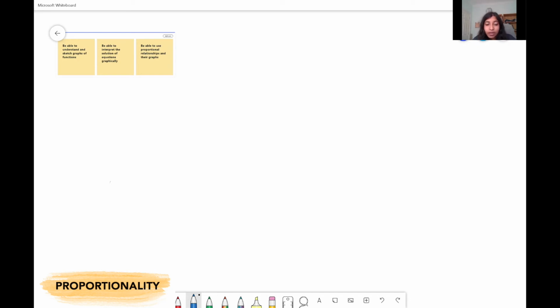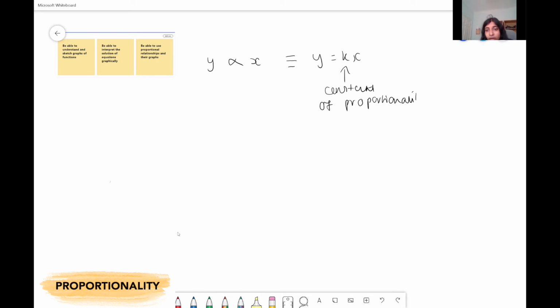So to write out direct proportion, if you have a statement like saying y is directly proportional to x, you just write y is directly proportional to x. And this is equivalent to saying that y is equal to kx, with k being the constant of proportionality. And so if you were to draw the graph